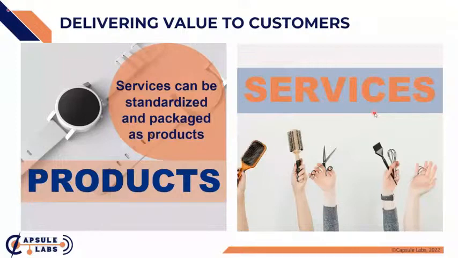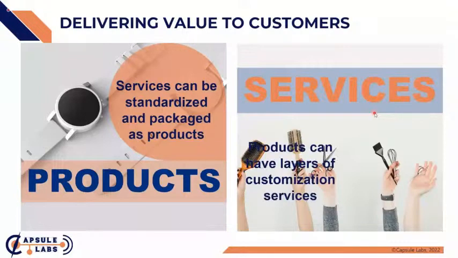In many cases, the other scenario can also play out. You can have products that can have layers of customization on top of it, right? Once you sell the product, you can have an annual maintenance contract. You can have regular consumables that are being sold as services, right? That's how the boundaries between products and services are blurring quite a bit, and in general we call them goods and services